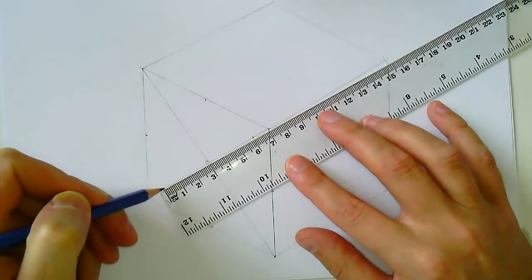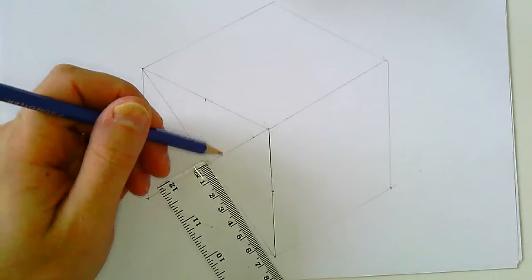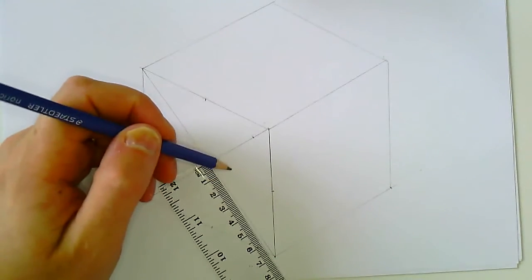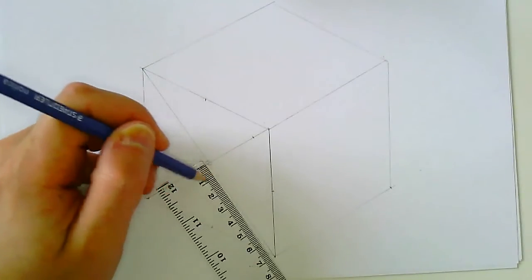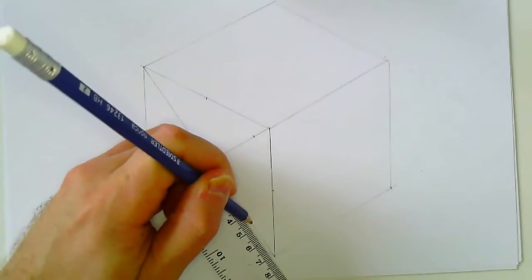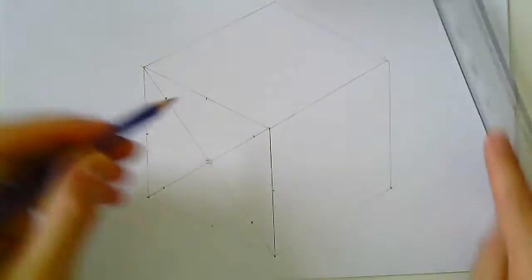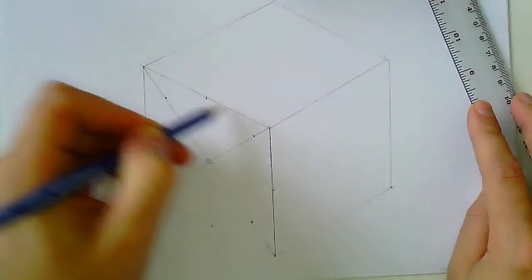These diagonals are guides. As we get more advanced, you can probably not even bother with these diagonals if you're isometric sketching, but as you're learning, it's a good way of doing it. Now this one here is 7 centimeters or 70 millimeters. So that one I'm going to put around about the 40 something mark. Again, these are guides just to give you a rough idea of where the isometric circle is going to go